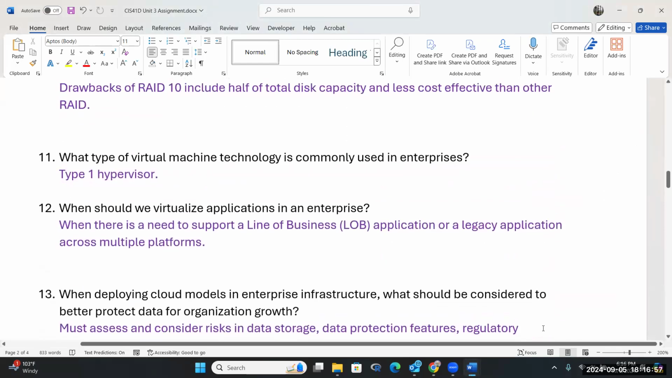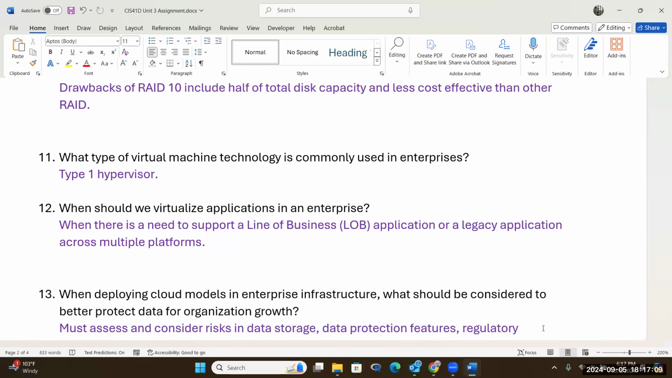Okay, so we talked about hypervisor type 1 for number 11. That is very common with enterprises, but it doesn't mean that they don't use type 2, like Workstation for VMware. When you virtualize the application, it's recommended that you use it for line of business applications or legacy applications that you need to run across platforms. So virtualization is ideal for that. So for example,